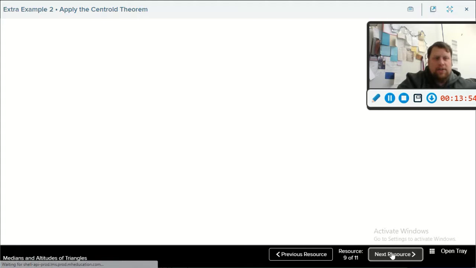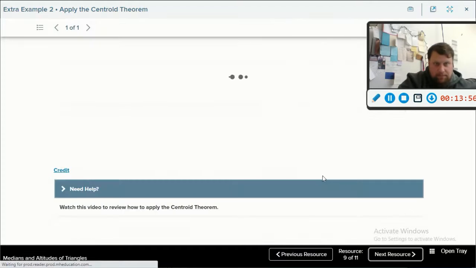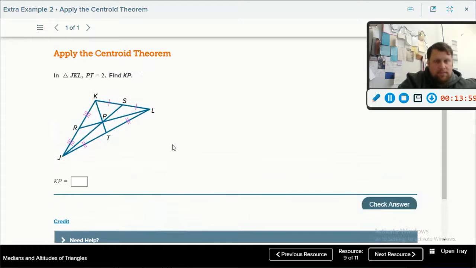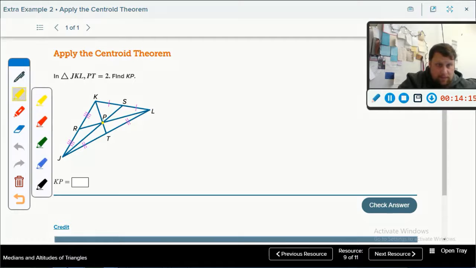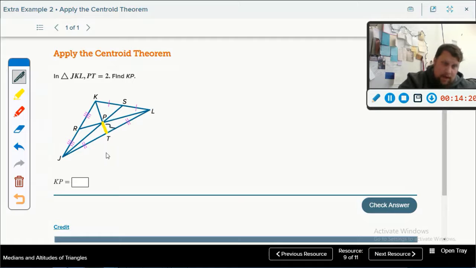Our last application of the centroid theorem. Again, we're going to have triangle JKL and PT equals 2. If PT equals 2, so just this little section right here equals 2, right there, we know that is 2. Okay? So I want to find KP. I want to find this smaller section right here, but here's what I do know. I do know that KT, the larger of the sections,